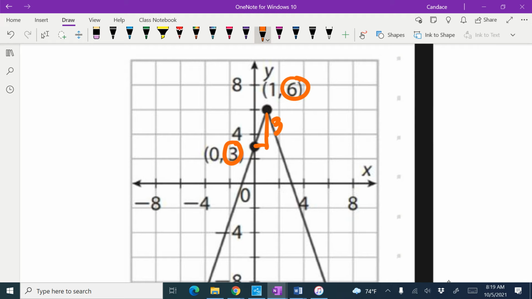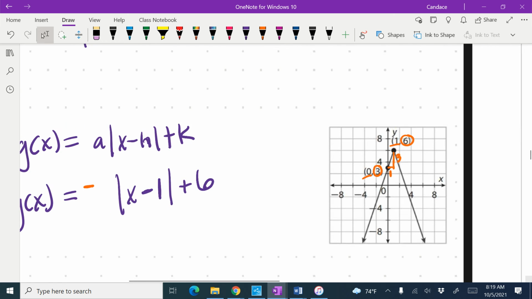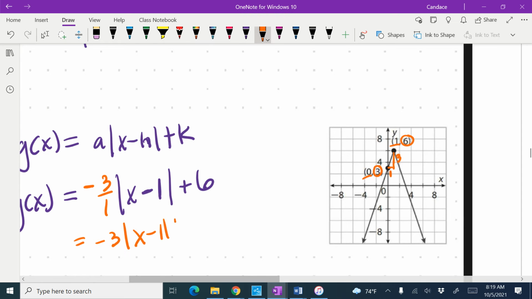Okay. And then my run looks like it's how much? We're going from this one to a 0, so it looks like 1. So it's 3 over 1. Okay, I'm going to zoom back out. So 3 over 1. Or could I just write that as negative 3 absolute value of x minus 1 plus